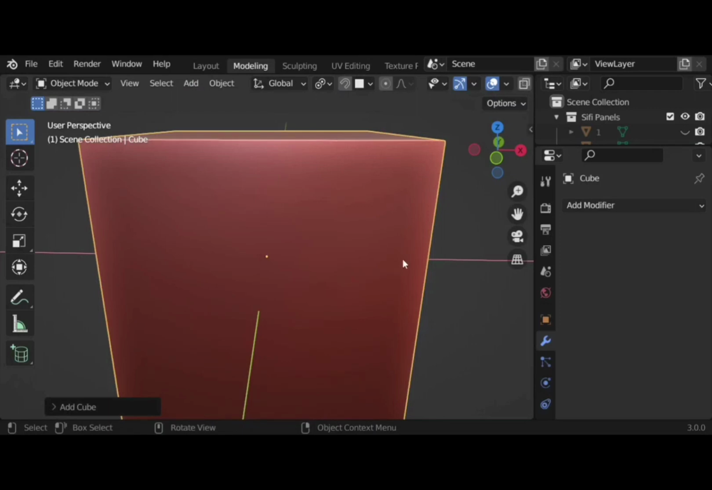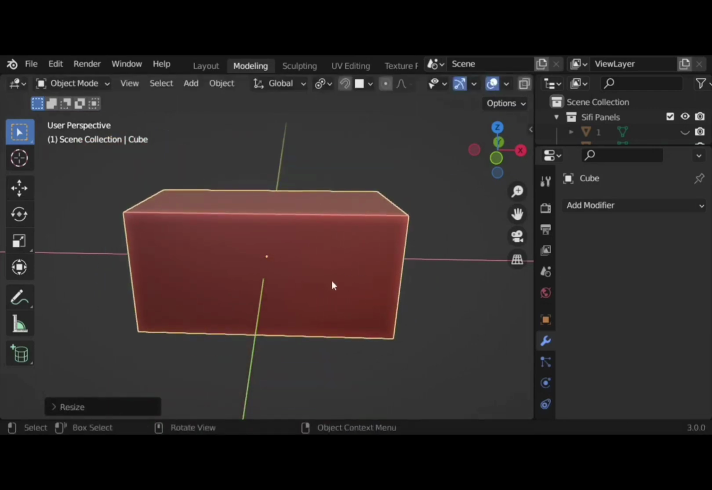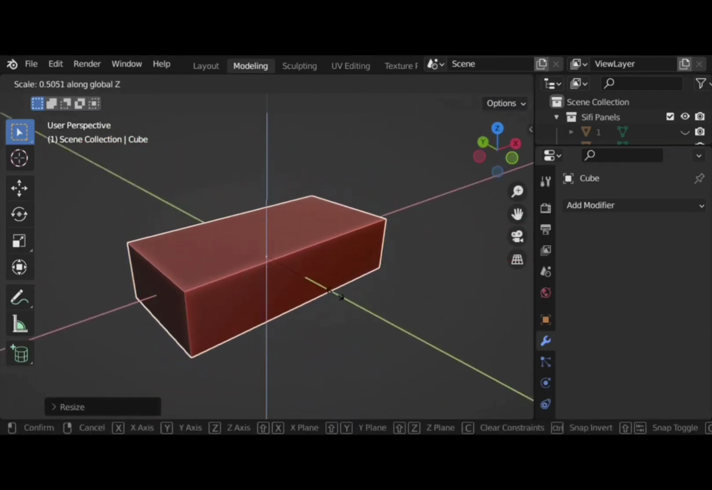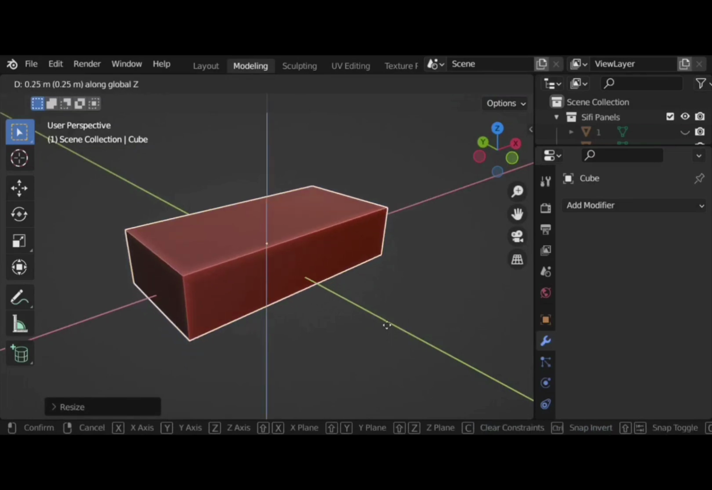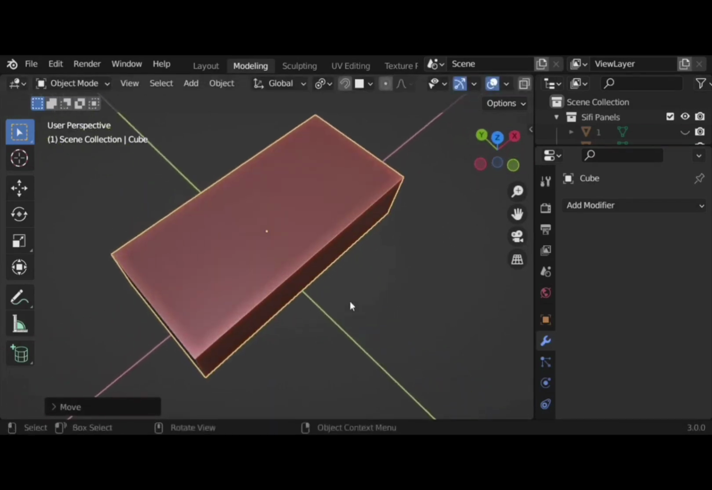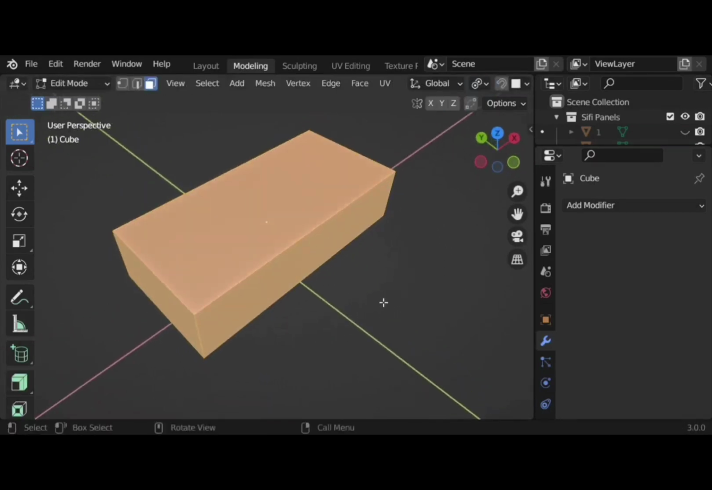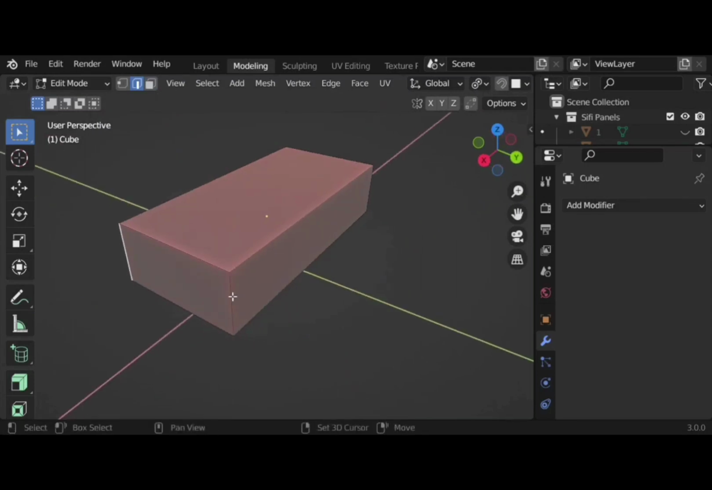Let's add a cube, a very simple cube. We're going to scale it in the x-axis just like this, and scale it down in the z-axis just like this. We're going to move it up, and we can go to edit mode. We're going to select the face, the front face basically, and let's select the edges, all the four edges of